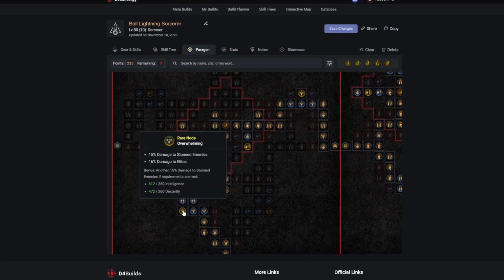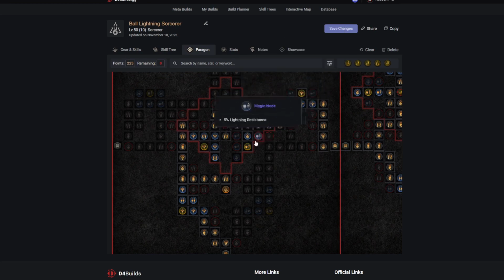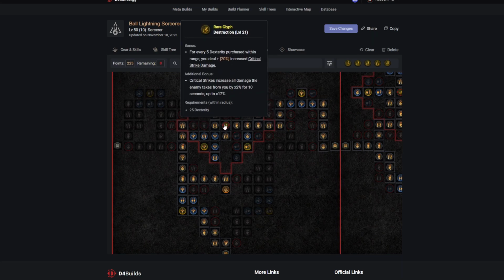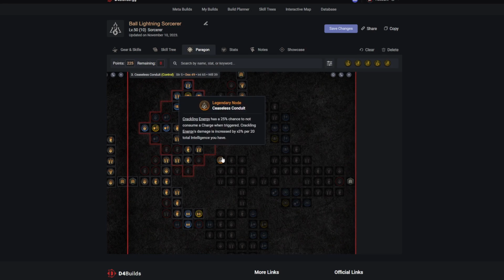I also grab Overwhelming, Incapacitate, and Paralyzing for DPS, and Electro for resistances. On this glyph, I socketed Destruction to give me a massive boost to crit damage, and I allocate 44 dex to further boost it. My third board is Ceaseless Conduit, which I actually don't allocate because it's unnecessary for this